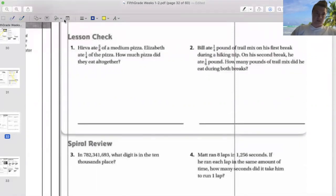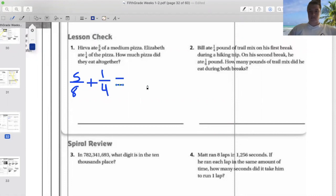So for this problem, you would be just doing 5/8 plus 1/4, just like you've done all the other problems the past 2 days. And then